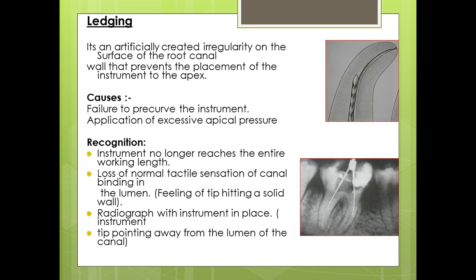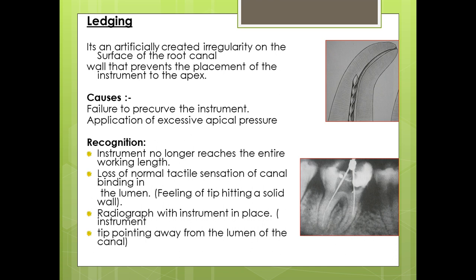And what are the etiological factors or causes? It's caused by forcing uncurved instruments apically short of working length in a curved canal. Never push a file in a curved canal without recurving the instrument. And rotating the file at the working length causes deviation from the natural canal pathway, straightening up the canal and creating a ledge in the tension wall. And the last one is a rapid advancement in the file sizes or skipping the file sizes.